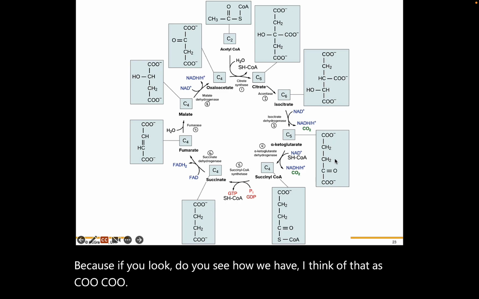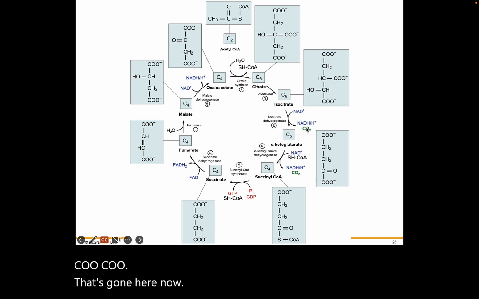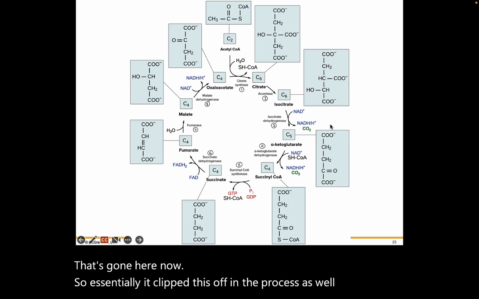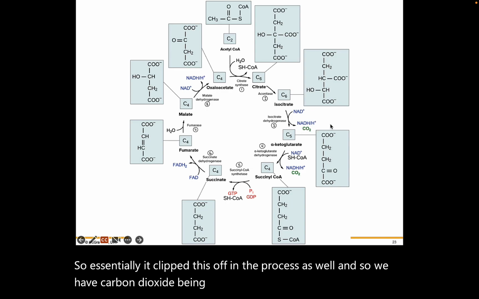Well, that's gone here now. So essentially, it clipped this off in the process as well. And so we have carbon dioxide being released as a waste product here. Once we make this molecule,